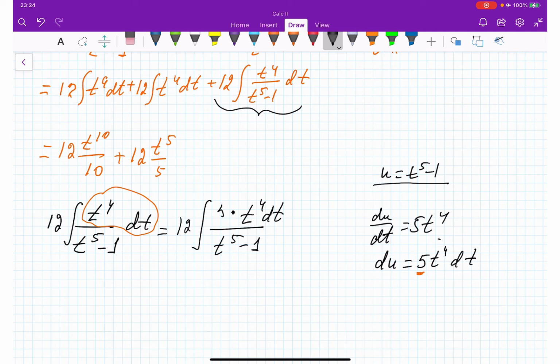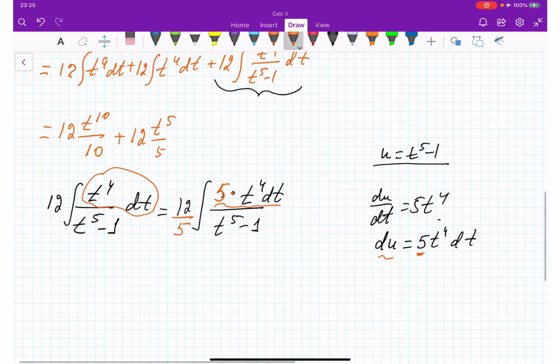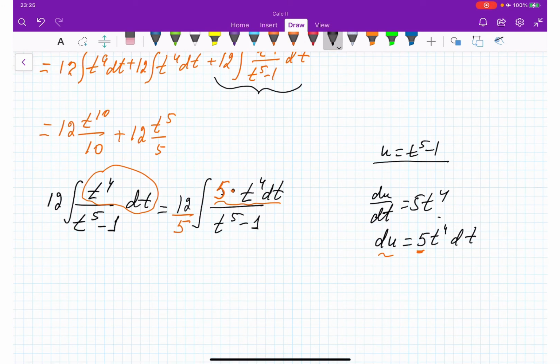I'm multiplying here by 5, and at the same time dividing by 5. We're just taking it out because I don't need this 5 in the denominator. Take it out as a constant. But this piece I need because it's going to be my du. And as a result, I will get 12 over 5